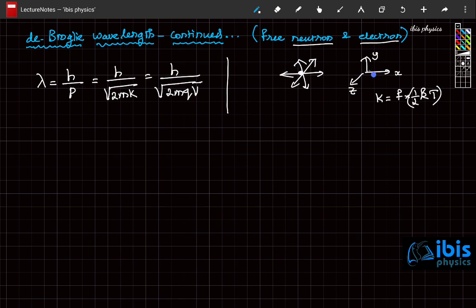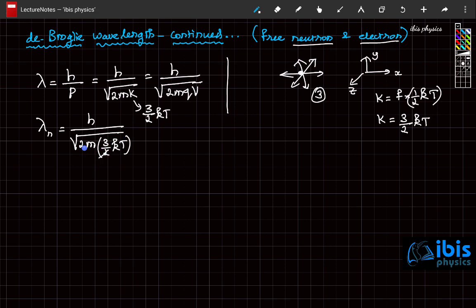A free neutron can travel along the x, y or z axis. So basically a free neutron has 3 degrees of freedom, hence its kinetic energy is 3 times half kT, which is 3 by 2 kT. Hence the de Broglie wavelength of a free neutron equals h divided by square root of 2m and kinetic energy. Kinetic energy is f by 2 kT, here in our case 3 by 2 kT. Hence 2m into 3 by 2 kT. So 2 and 2 will be cancelled, which means lambda of the neutron is h by root of